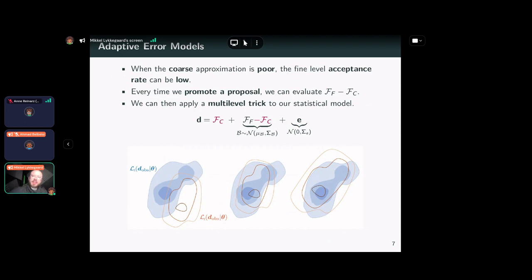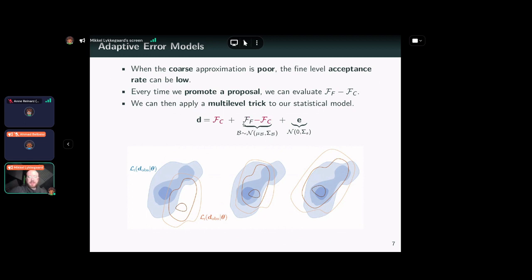There's also a little trick that we've developed to extend this. Since you're evaluating the same parameters for the coarse and the fine level, you can build a model of the bias of the coarse model. This equation shows how we extend the data generating model in the Bayesian inverse problem with the bias term.